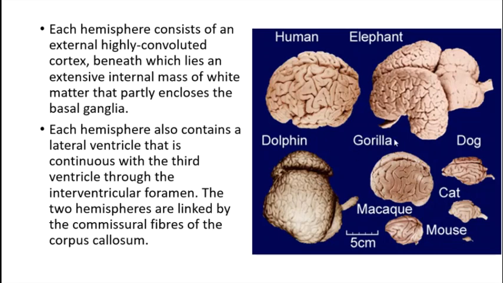I have put this diagram here, this picture here, I've sourced it from the internet obviously. You can see the comparison of human brain, elephant brain, dolphin brain, gorilla, cat and lower animals. One thing that you definitely know is we have more gyri and sulci, more surface area fitted into a smaller space, but you would probably feel that elephants and dolphins have even larger number of gyri and sulci.